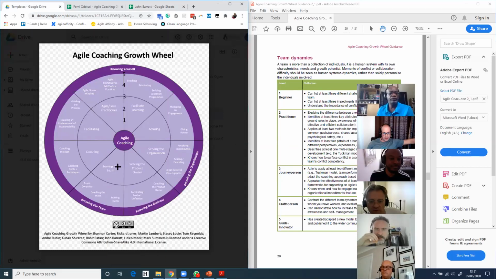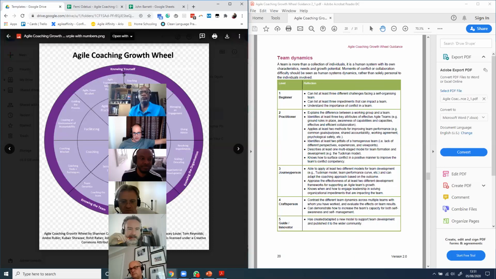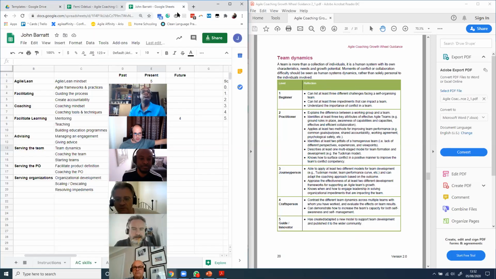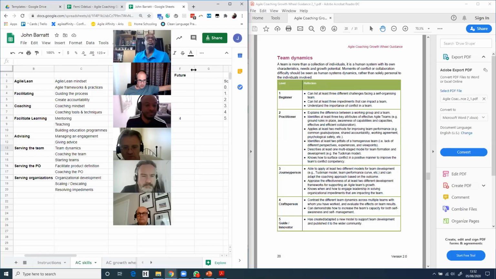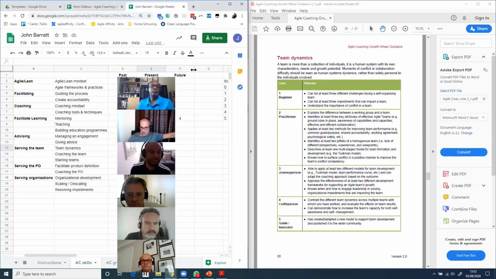We're starting with serving the team, which is bottom left. So team dynamics. Okay, I'll bite.